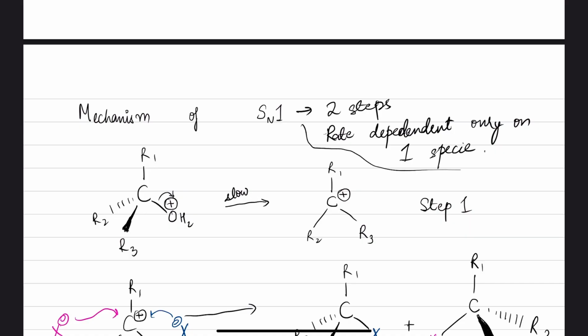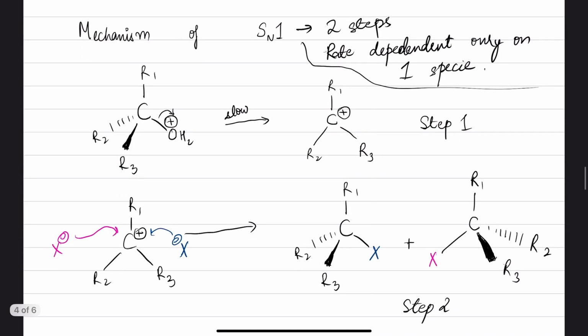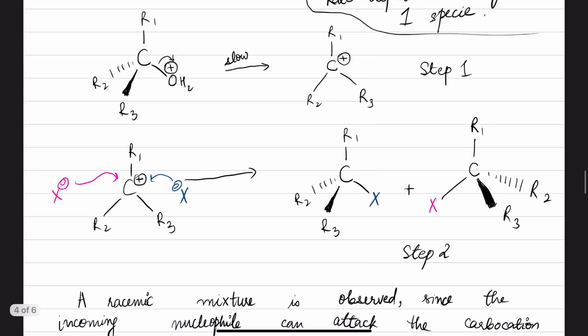So this is just, but then let's talk about the mechanism. In this, the leaving group leaves, and there's a formation of a carbocation, which means positive charge on the cation, and this is step 1. Then step 2 is that this carbocation is attacked by the incoming nucleophile, and so in this case the nucleophile